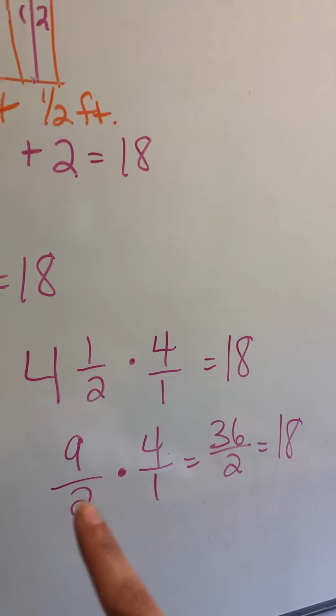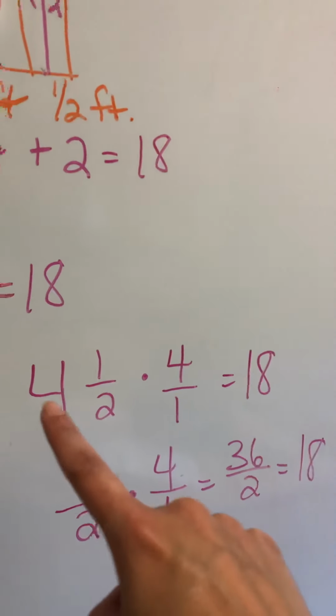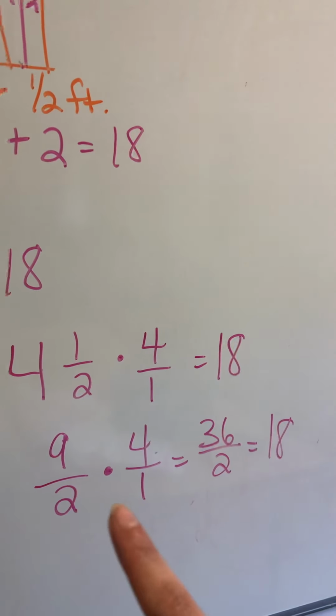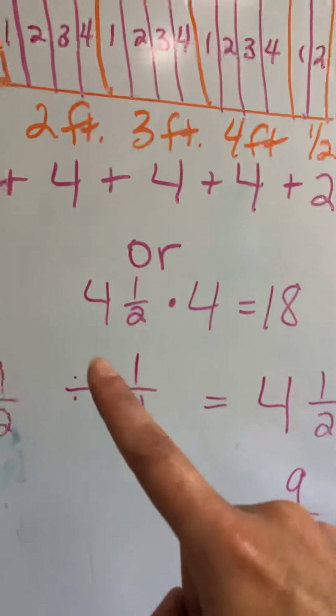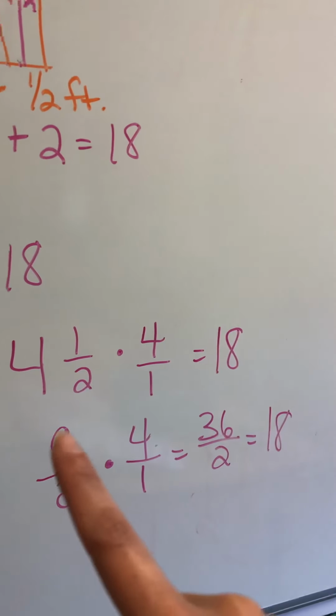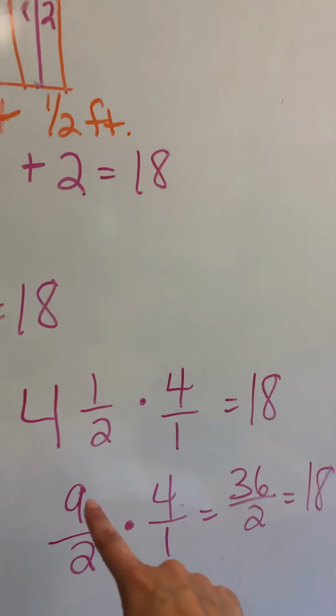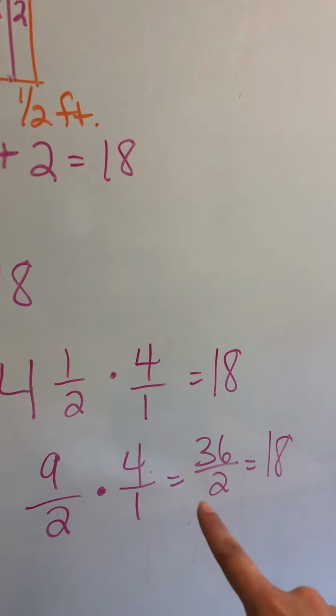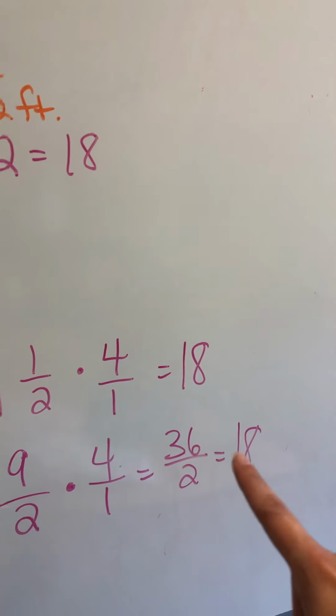Remember, fractions are division problems. So now I have 9/2 times 4 over 1, which is the same thing as saying 4.5 times 4 or 4.5 times 4 over 1. Now I can use my multiplication. 9 times 4 is 36. 2 times 1 is 2. 36 divided by 2 again gives